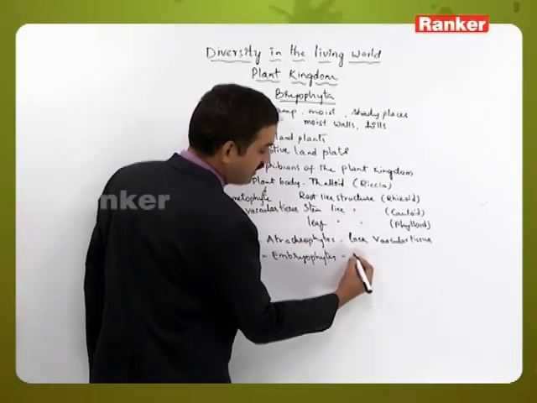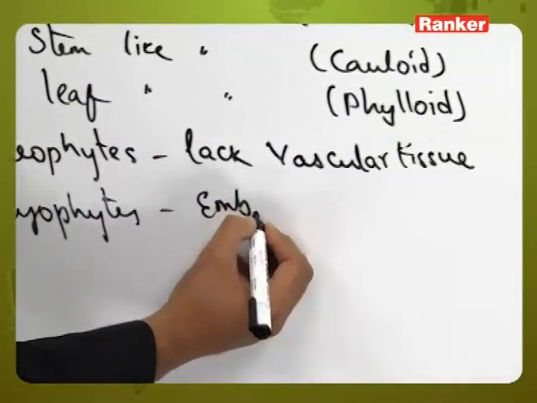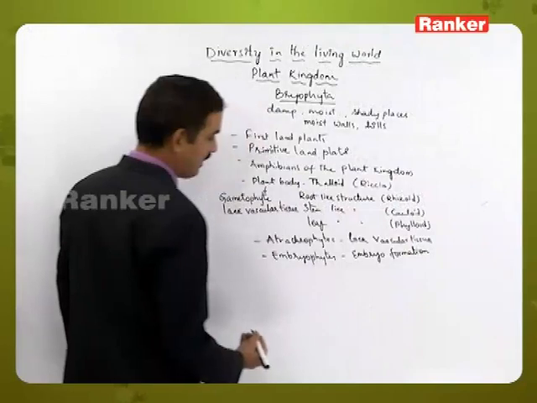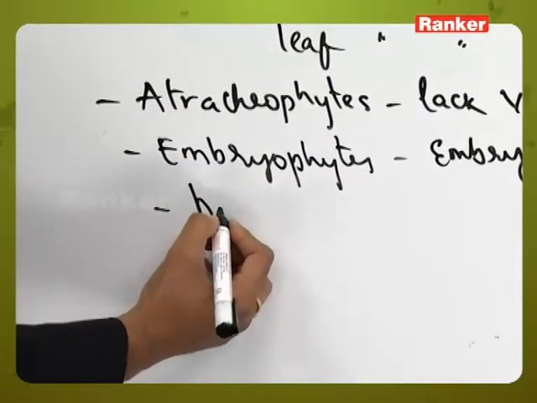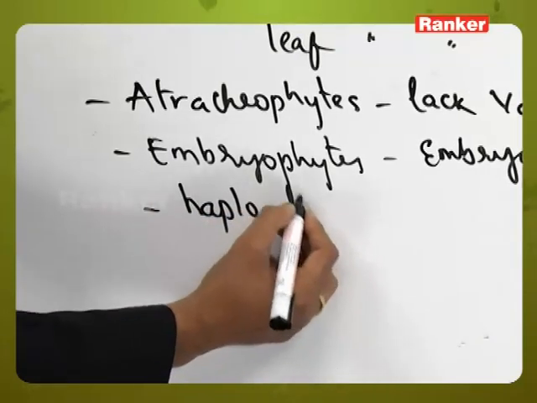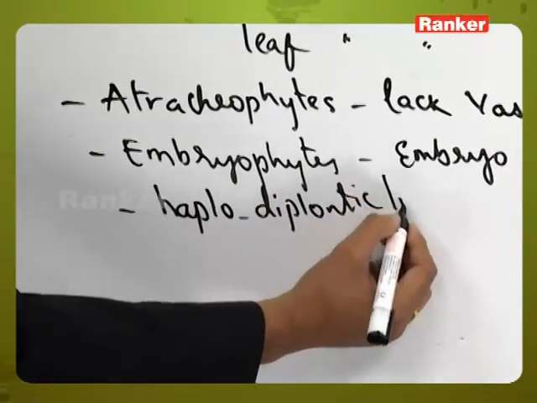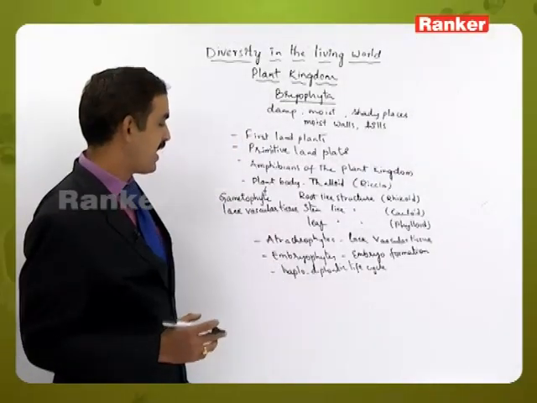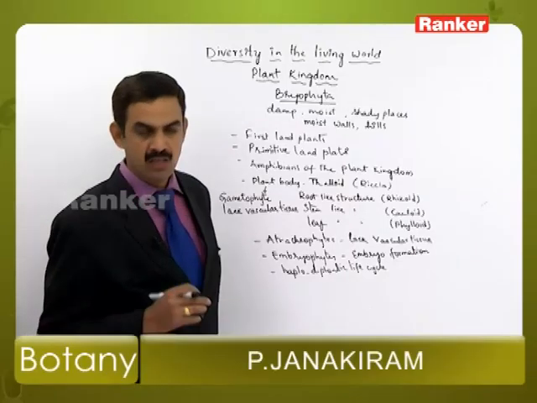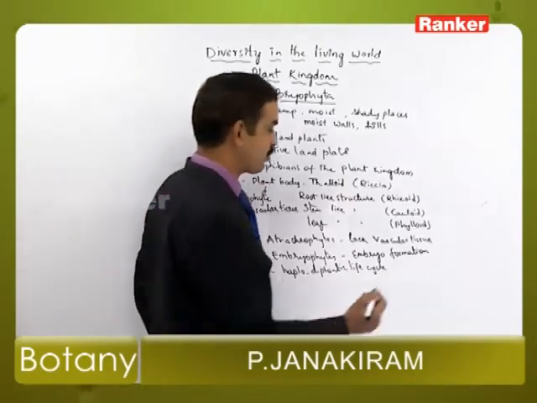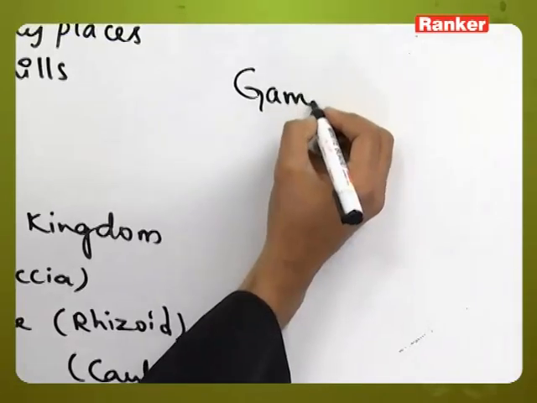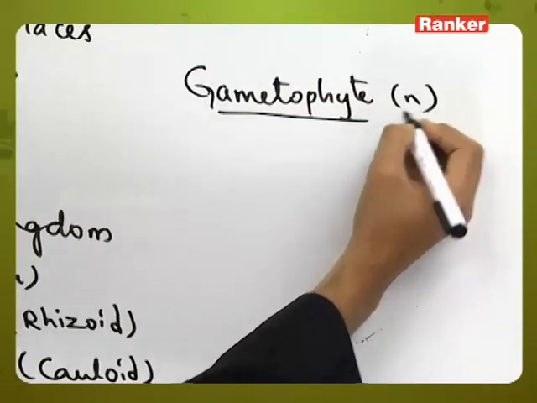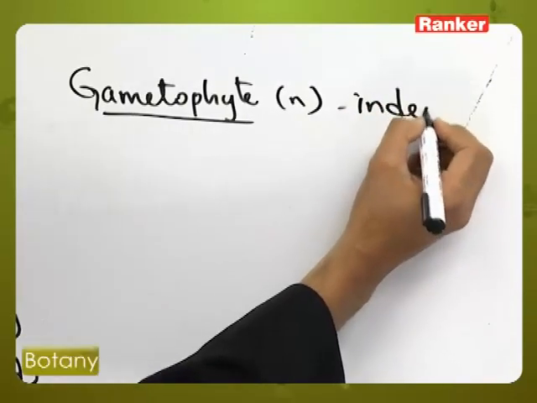Embryophyta means in the life cycle they produce an embryo, and in which a haplodiplontic life cycle is present. Here in the life cycle of Bryophytes, particularly in the higher group of individuals, we can see the presence of two generations. One is called the gametophyte generation. This gametophyte generation is haploid and an independent stage,